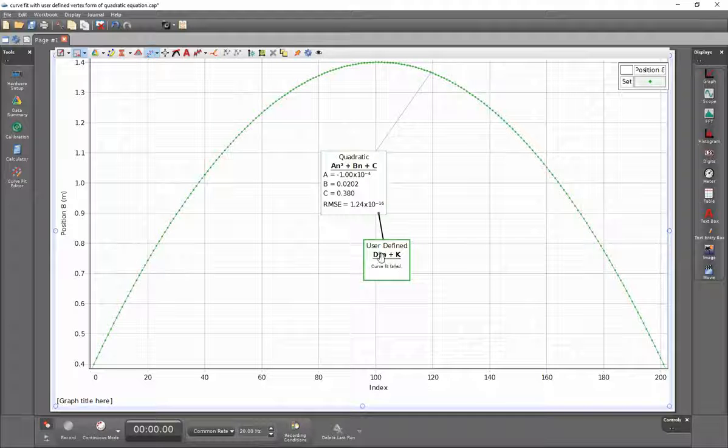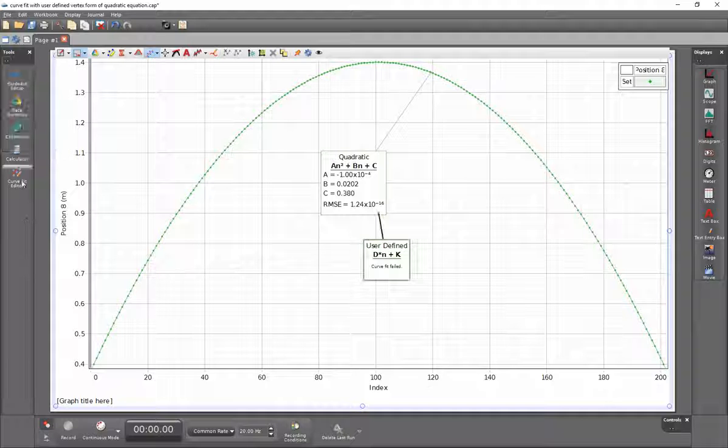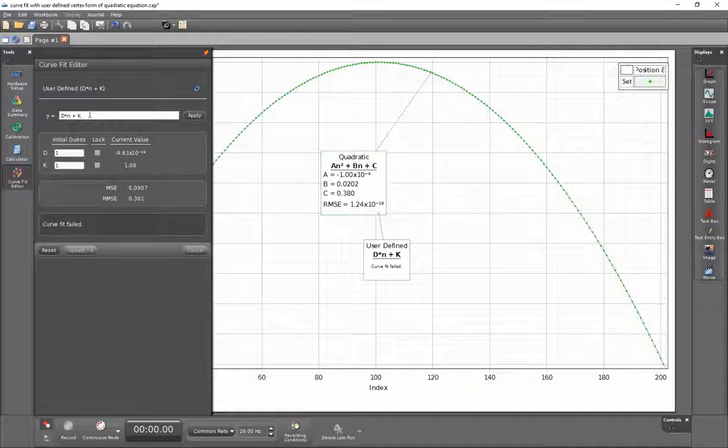So to adjust this, with this selected, we're going to go over to the left-hand side and select the Curve Fit Editor. If this button is not visible, you can go up to the eyeball just under the tools, click on that, and then from this pull-down menu you can make sure that the Curve Fit Editor is selected. Again, with the user-defined curve fit selected, I'm going to click on the Curve Fit Editor, and above I can